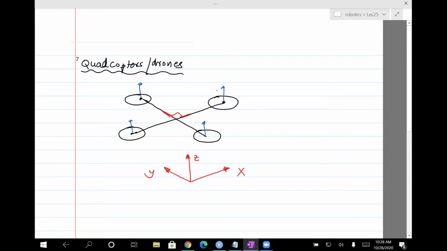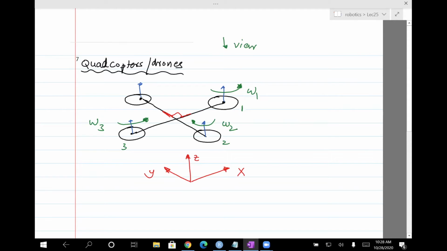Let's call this the first ellipse, and this one rotates counterclockwise as viewed from top. The one which is diagonally opposite to 1, let's call it 3, and it also spins in the counterclockwise direction. Now let's call this one 2, and that rotates clockwise